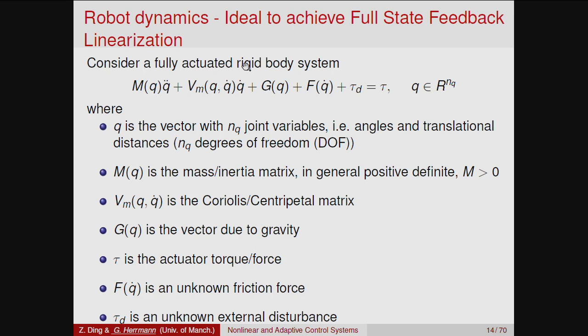plus so-called centrifugal forces, where we usually have some form of Coriolis or centripetal matrix, which depends on either the position of a robotic system, a robotic arm system, or the velocity of it. Then we usually have a gravity vector, and in addition we end up with something like unknown forces, which are friction or extra disturbances.